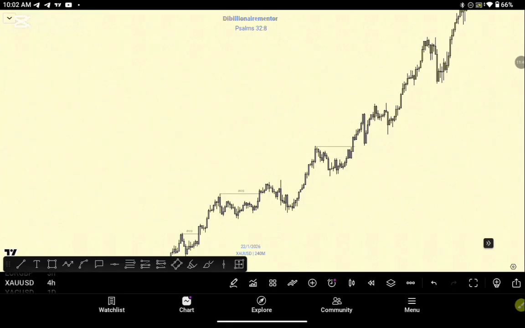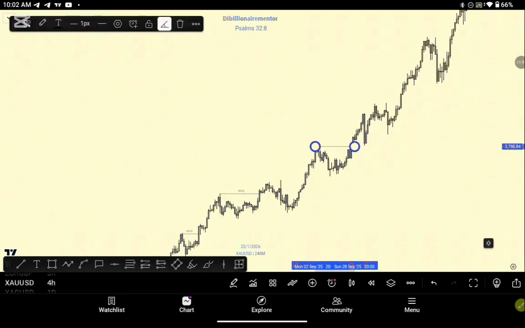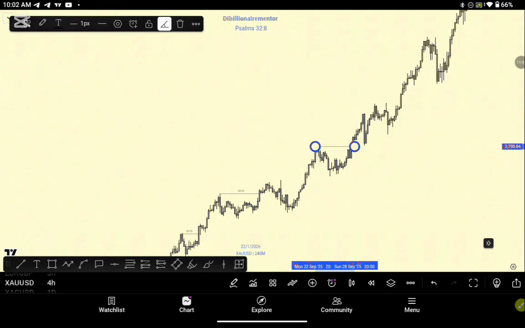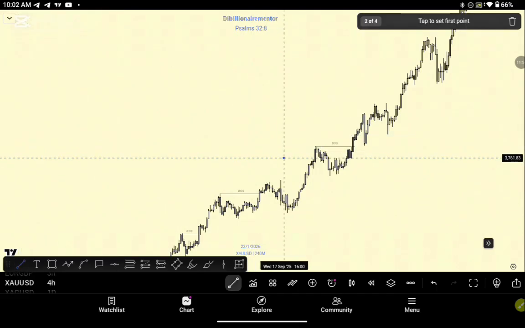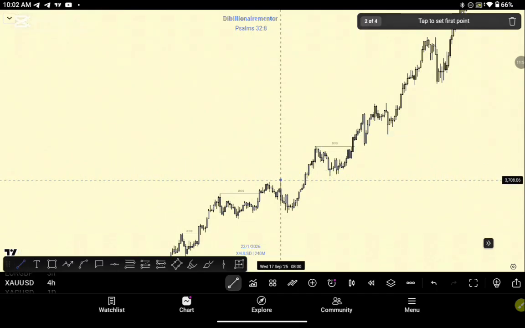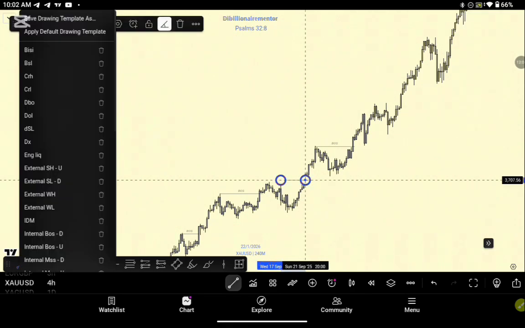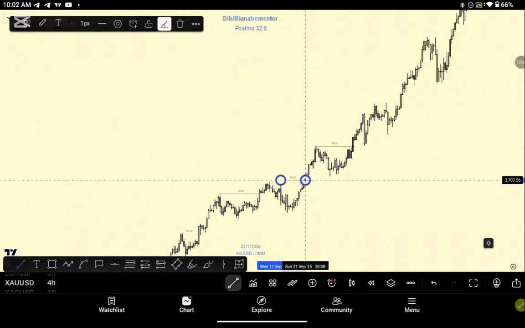So here we have our break of structure here. We also have our break of structure here. Pretty simple, right? Pretty simple. I shouldn't waste time here. Right now, let's move to